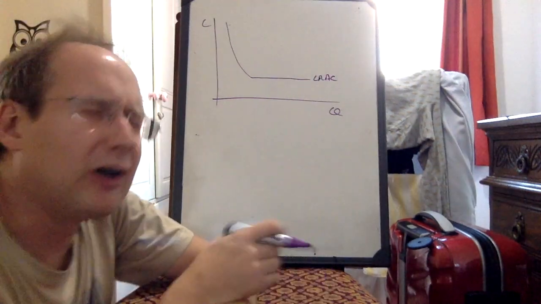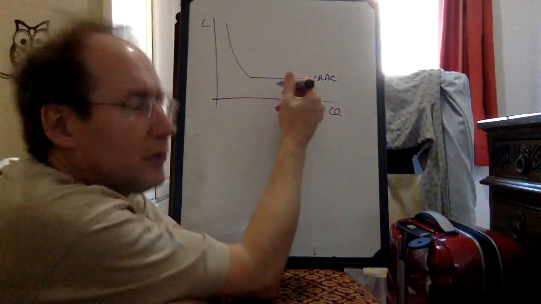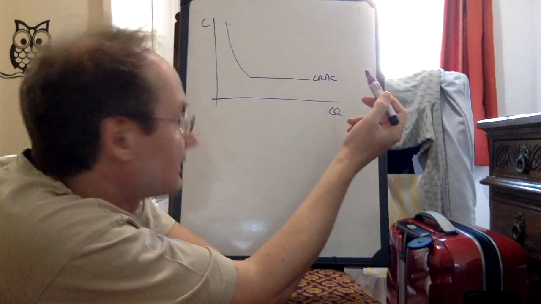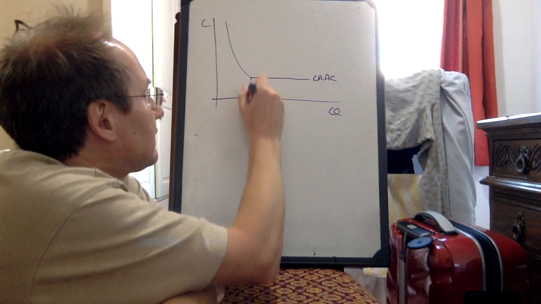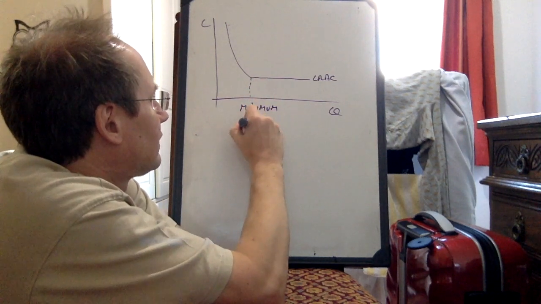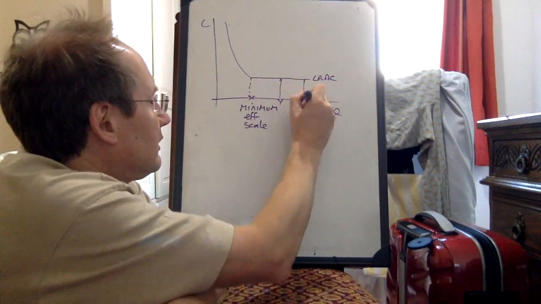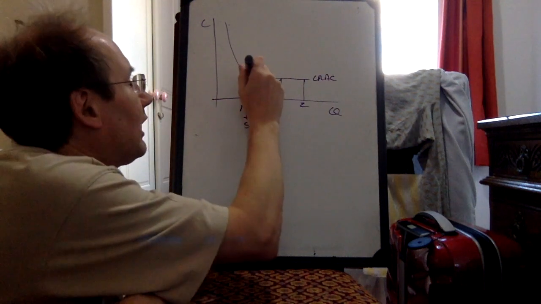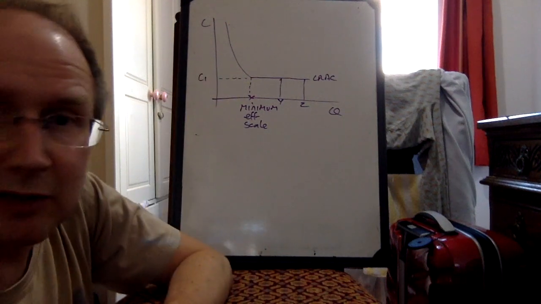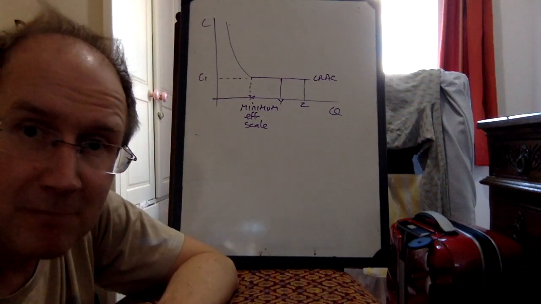So it's something like a car producer. They can generate economies of scale for a while, but after a bit, whether you produce 1 million, 1.5 million, or 1.75 million cars, the cost on average remains the same. In this diagram, it's a lot easier to see this idea of the minimum efficient scale. What we're saying is that all of these scales are efficient. X is efficient, Y is efficient, Z is efficient, because they all have this minimum cost. That's C1, your lowest cost. But X is the minimum scale. It's the smallest scale at which the firm can still be efficient.